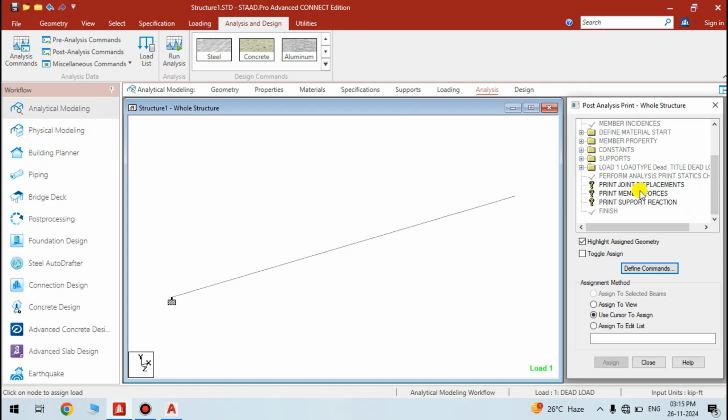Now print joint displacement. Joint displacement, I want to know the amount of displacement at this point. So select the joint displacement. Now there is an assignment method. Use cursor to assign. Click on assign and select this node. Okay,